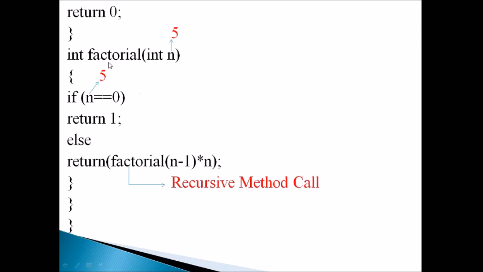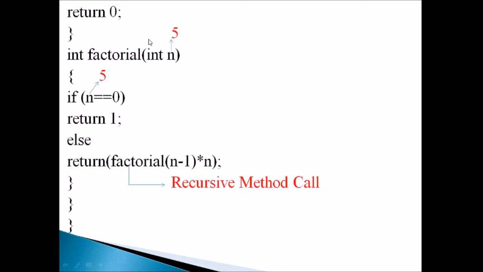Here the method factorial is called by itself in this statement, so it is called a recursive method call. So factorial(n - 1). The n value is 5, so here the value is 4. 4 into 5. 5 will be kept here, and with the value 4 again the function will be called. So again the control will move to this statement. The value is 4 minus 1, so 3 into 4. Already 5 is there in the stack, and now 5 into 4 will be taken, and with